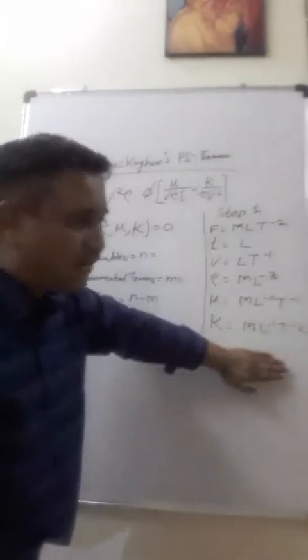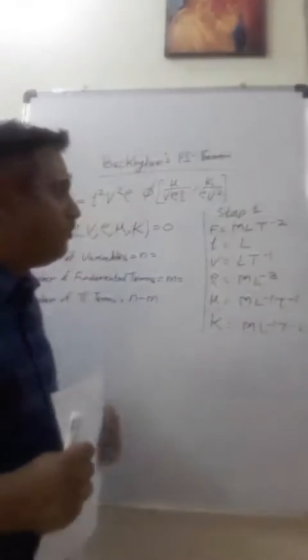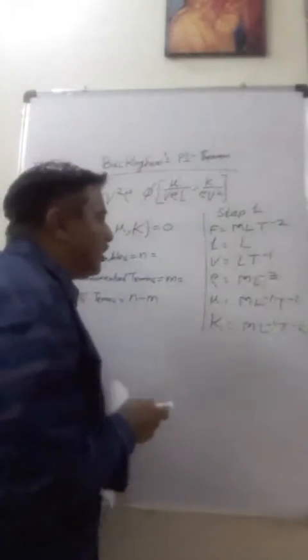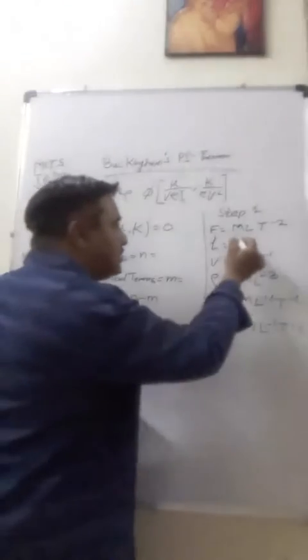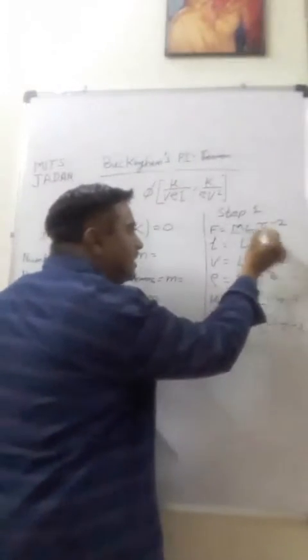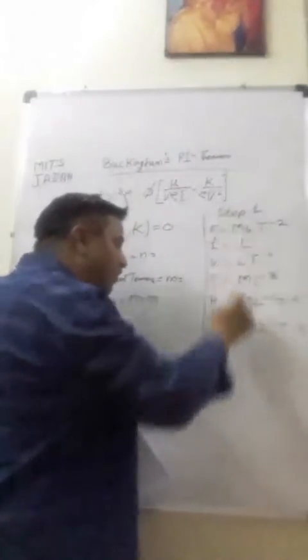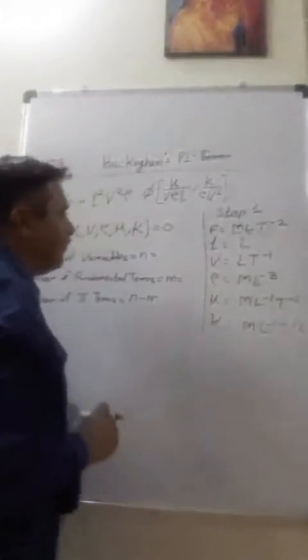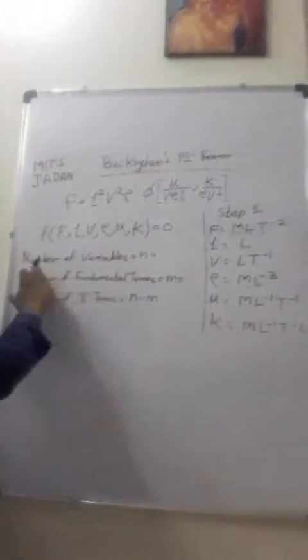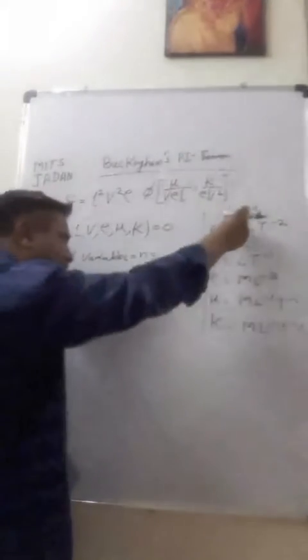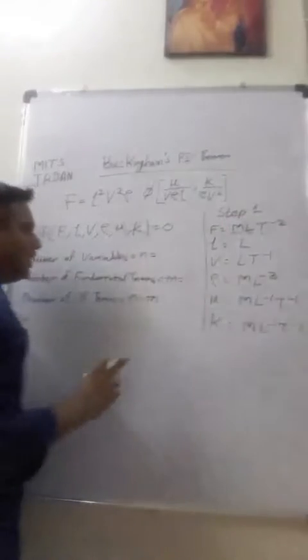Now this is the first step. From the first step we can find out whether all the three fundamental terms are there or not. Yes, M is there, L is there, T is there. So all the three fundamental terms are there in these 5 or 6 parameters. Now we will start our numerical. First we write this, then find out whether M, L, T exist here. Even if one appears only one time, it is considered yes.